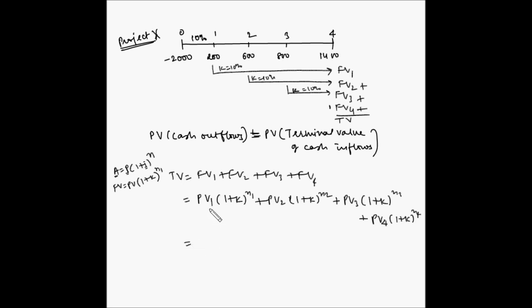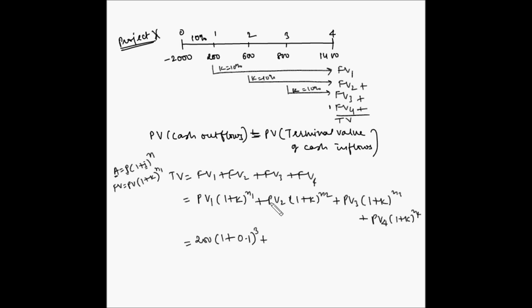So this is equal to, now PV1 is 200. So 200 into 1 plus, now K is 10%, but when we use it in the formula, we'll write it as 10 divided by 100. So this becomes 0.1. N is the number of compounding periods. So here 200 will be compounded for 1, 2 and 3 years. So N1 is 3